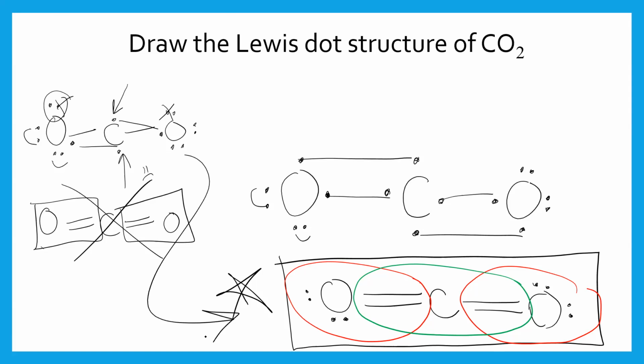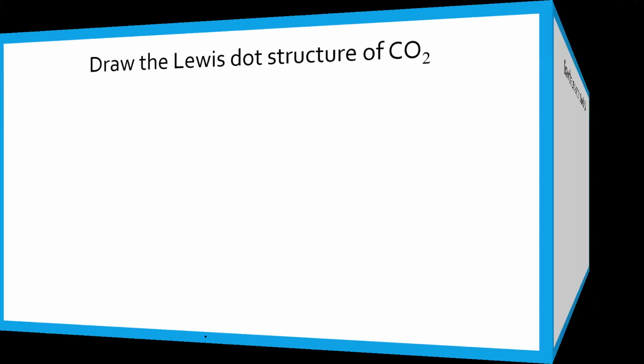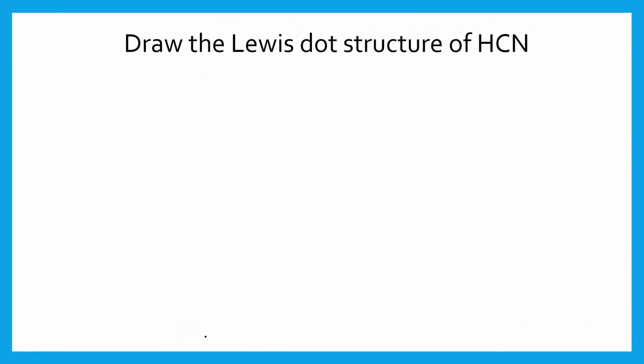Pairs have to stay as pairs. Lone dots have to bond with another lone dot on a different atom. You cannot have any lone dots left over. And you should have an octet of 8 unless it's hydrogen. Okay, let's try this one. HCN. Carbon is always in the middle. H, C,